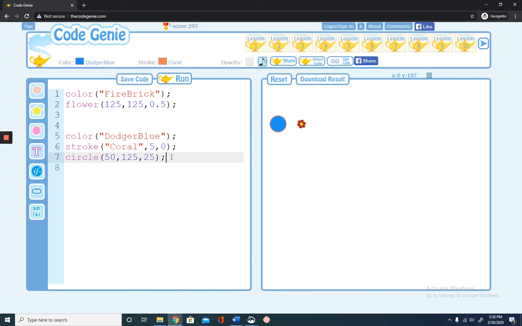And today we are going to continue learning about how to use the Genie. And as we said before, it is to teach you how to write code with the JavaScript language in a fun way and using some shapes. Okay, so today we are going to learn how to use the for loop, because with a for loop we can do more shapes. So for example, if we want to do 10 flowers, instead of writing the flowers 10 times,